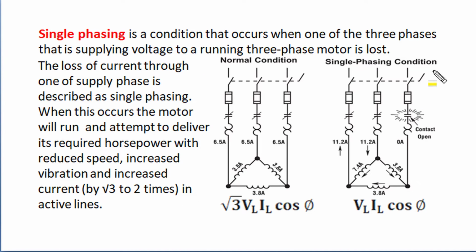Single phasing is a condition that occurs when one of the three phases that supply electricity to the three-phase motor loads loses its supply connection, and loss of current in one supply phase is described as single phasing in operation of a three-phase motor. And a stalled three-phase induction motor won't run in single phasing condition, but a running three-phase induction motor will continuously run even in single phasing conditions